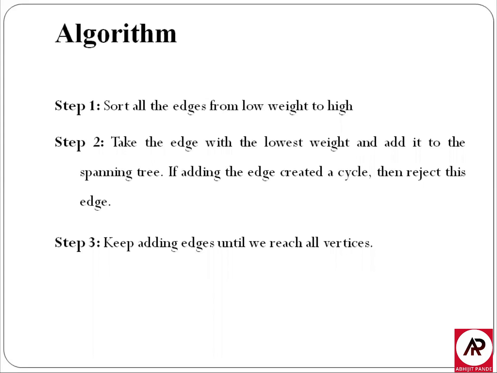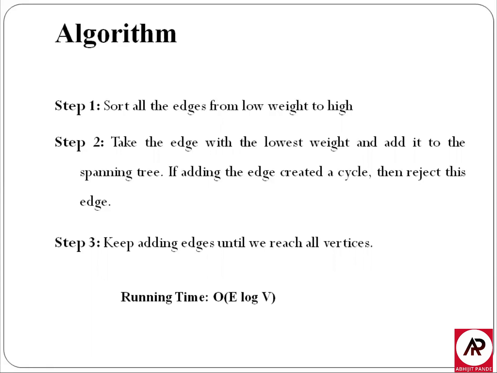As we saw in our previous example, if a particular edge we add to a spanning tree creates a cycle, in that case we are not going to consider it; we simply discard that edge. Now repeat the same procedure until we reach all the vertices, meaning until we consider all the vertices present in our graph. In the previous example, there are 7 vertices in the graph. So we get a minimum spanning tree in which there is no cycle and all 7 vertices are present.